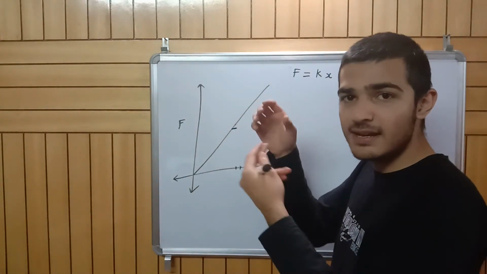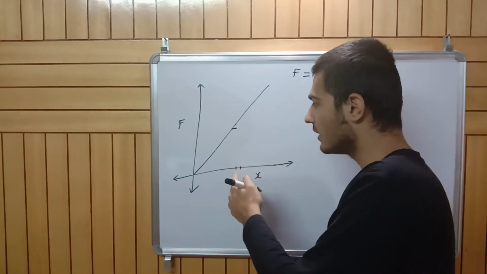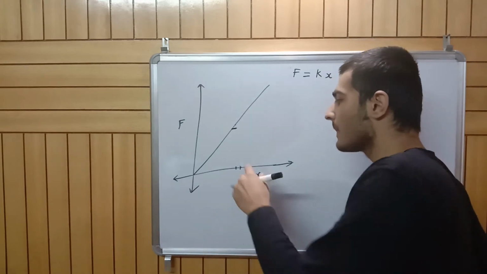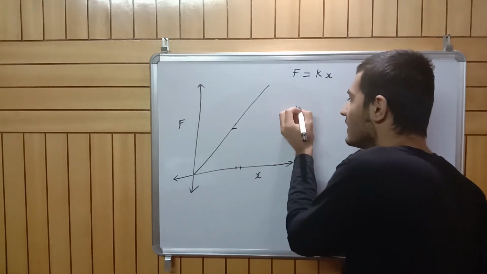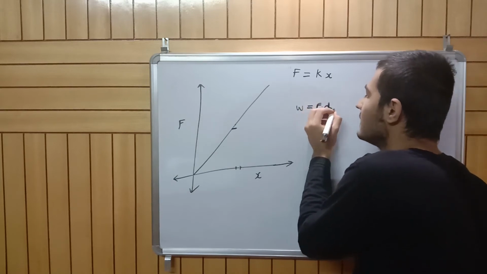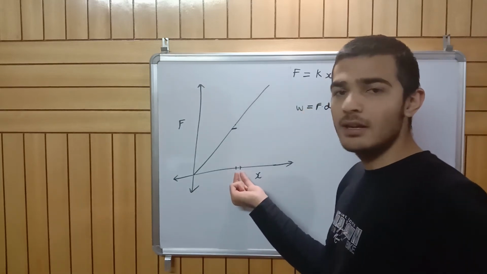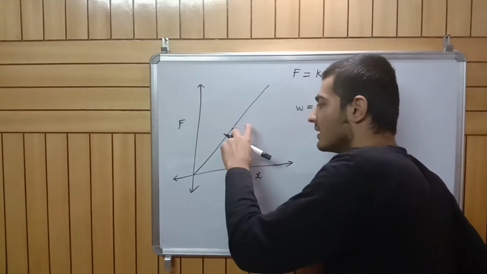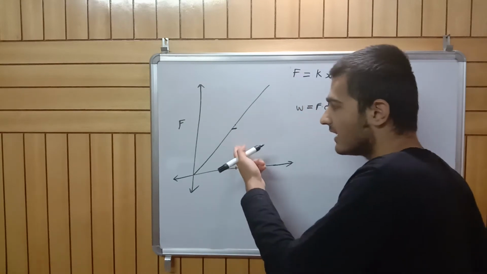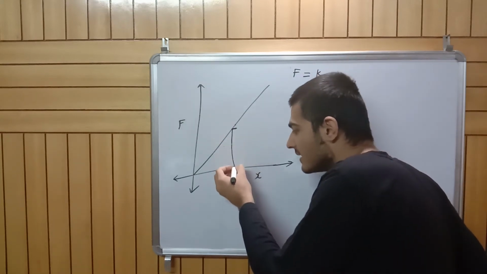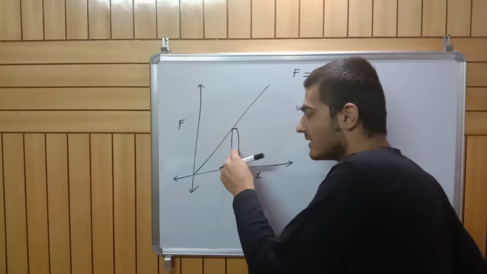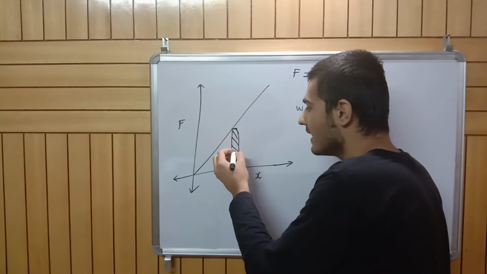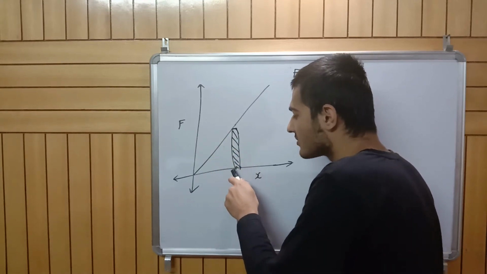So in that small step, when I move from here to here, if I assume the force is constant, I can find the work done. Work done is force times displacement, and the displacement is this much, so this much times the force applied. This is represented diagrammatically by this area, because the area of this rectangle is also this times this. So this small area is the work done when I stretch the rubber band from this position